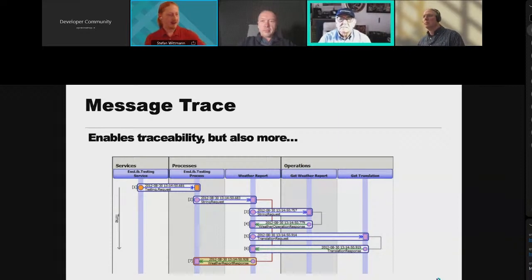And you're seeing a screenshot here of the message trace, which basically shows you a visual representation of all the messages that were interchanged between these individual actors. And on one side, it gives you as a developer a very powerful tool to debug what's happening inside your production. It allows you to understand what has happened or what hasn't happened yet.